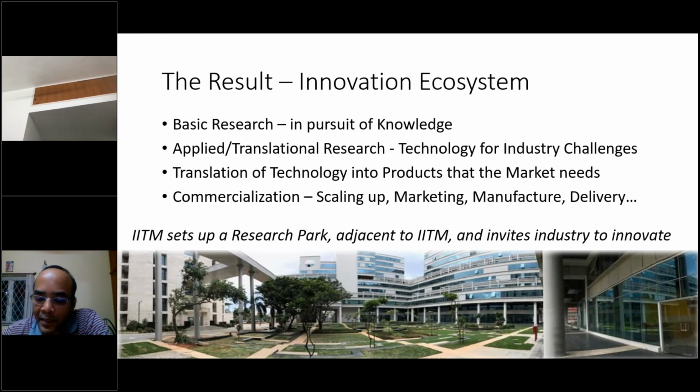So this is something IIT Madras did as its own way of enabling innovation to happen in the country, and this is the very first, or one of its kind, I should say, in the country from a university-based research park perspective. You'll see several R&D companies, several startup ecosystems, several incubators, all working together and innovating. This is certainly a place, if you've not been before, that you want to look into.